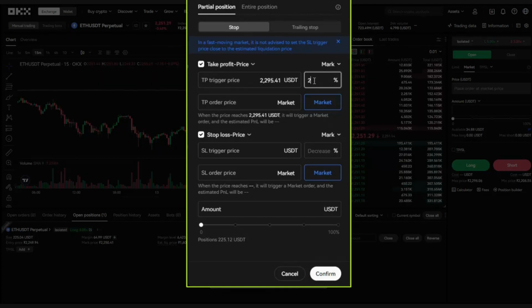For example, you can configure the take profit to be activated when you have 20% profit on the trade, and that the stop loss is activated when you have 20% losses in the operation. And when activated, they are automatically executed at the market price. Here you choose the percentage you want to close on the trade. I am going to select to close 100% of the position.